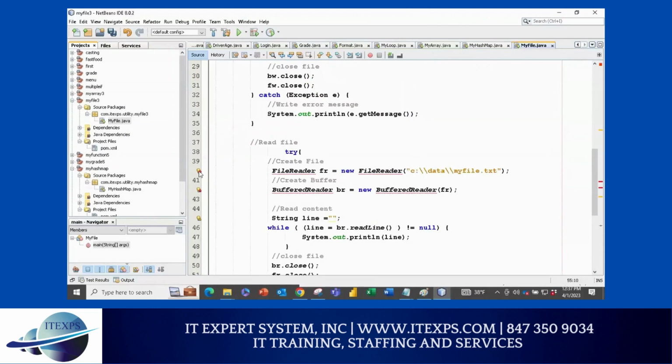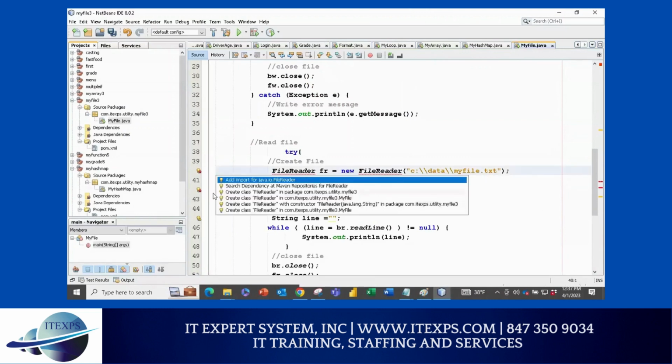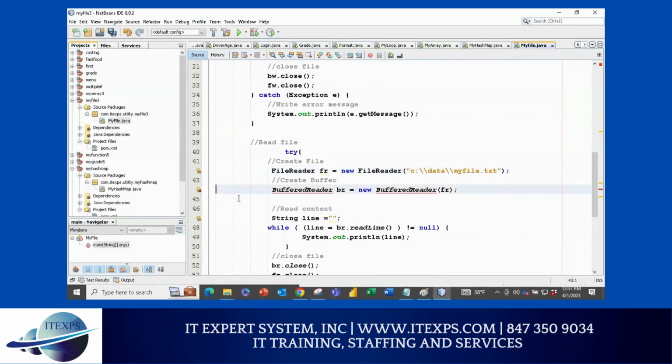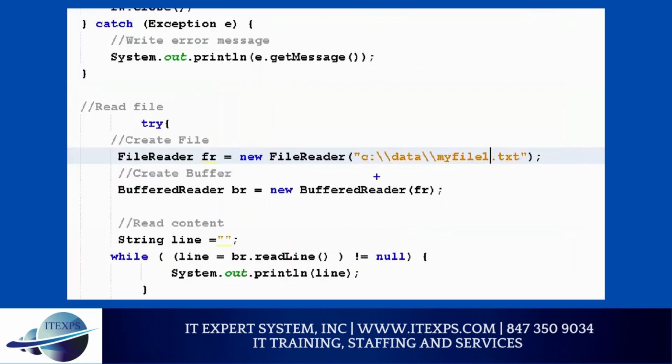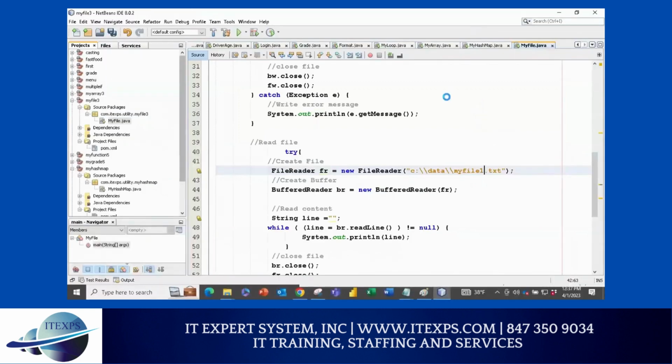One by one, import the class. Don't forget to change the file name to 1, because we changed the file name to my file 1. So make sure you change that. At this moment, I do not have any error. If everything is saved and the classes you imported are good, there is no error. Save your program and now run it